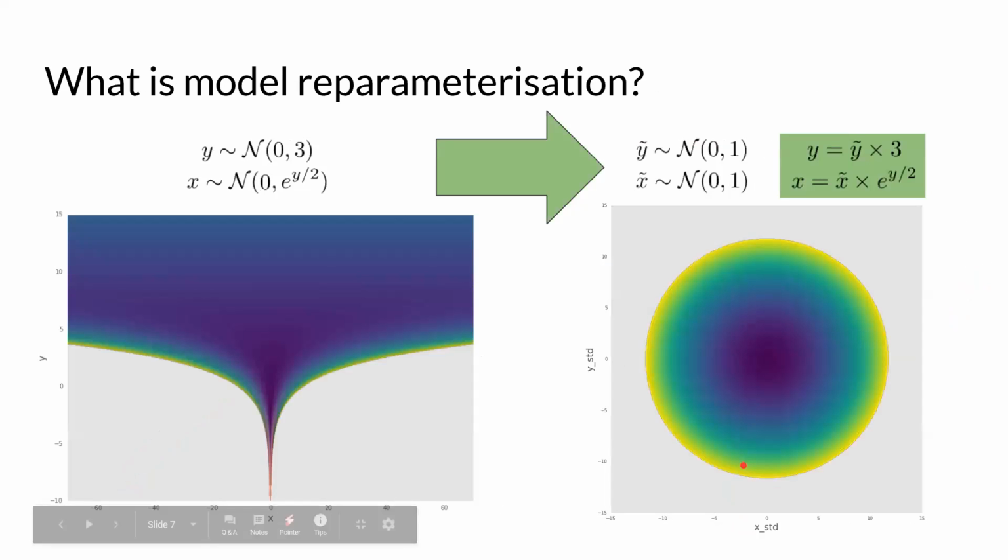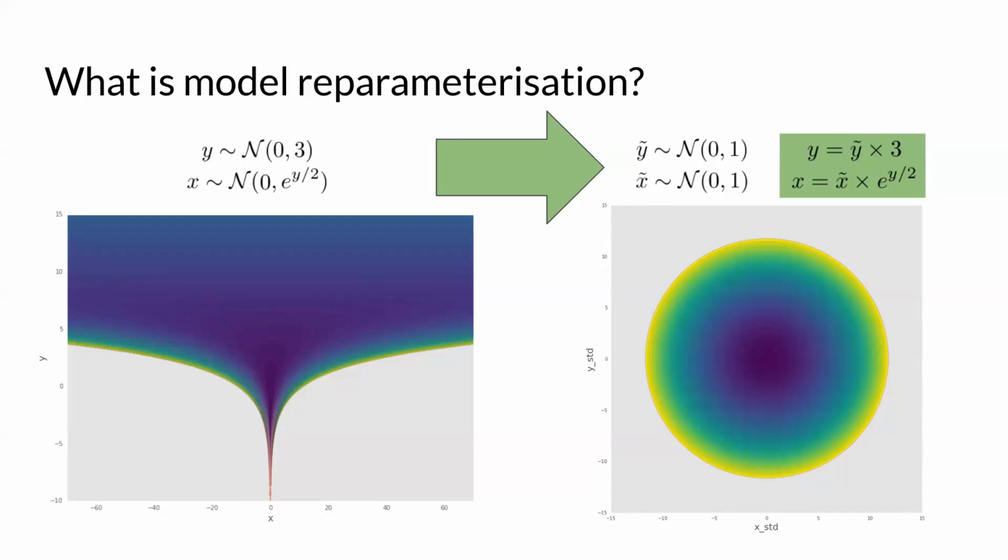Okay, so what can we do about this? Firstly, you might be thinking that this sounds like some really funny pathological example that never happens in practice, but we'll actually see that this kind of shape of posterior arises very often in practice when we deal with hierarchical models, especially when we have little data. I'm going to show an example of this in a few slides.